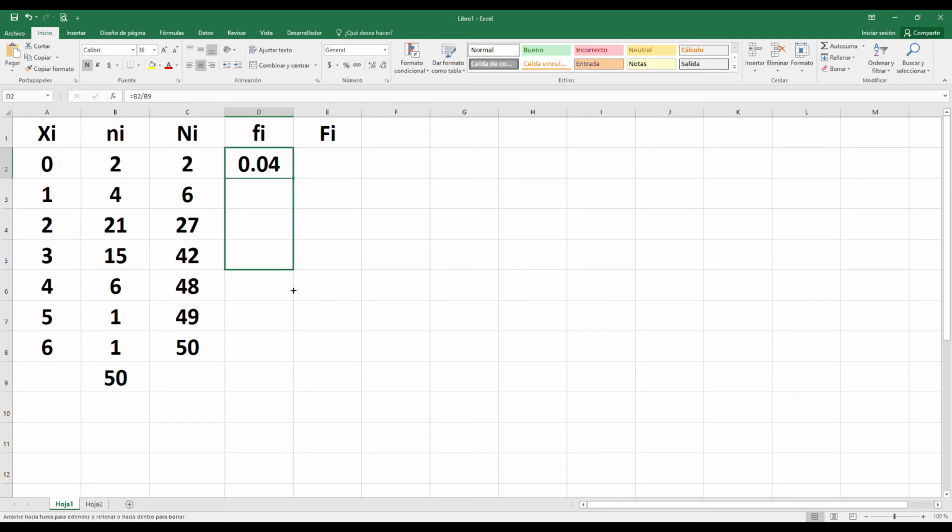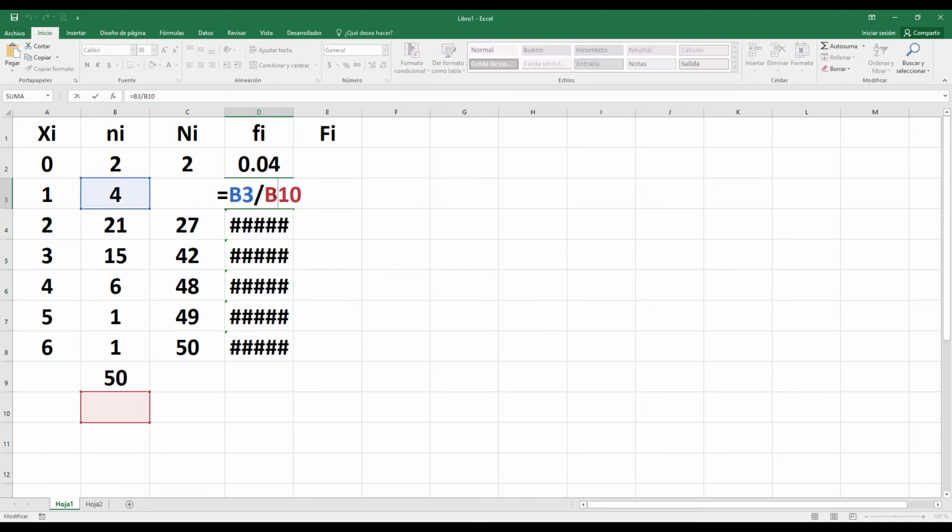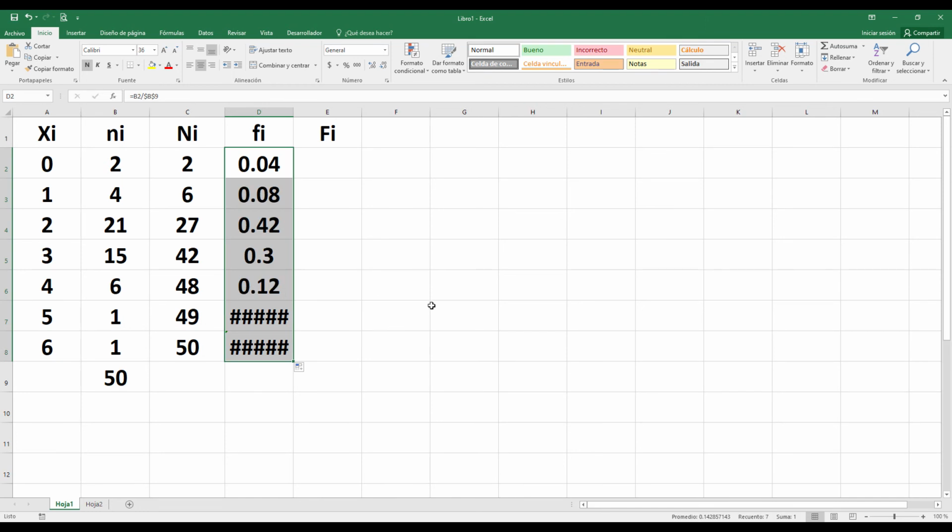If you only drag the formula, you have one error here, because when you do that, you move all the formula. So in that case, you need to fix that data, the total. So you will use F4 and that symbol appears, and you only drag again, and you will get